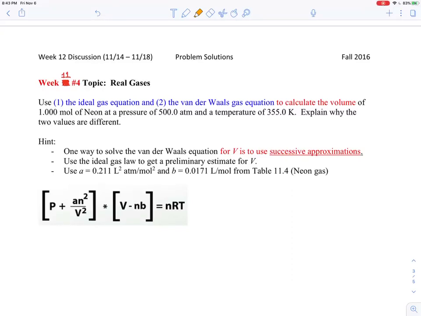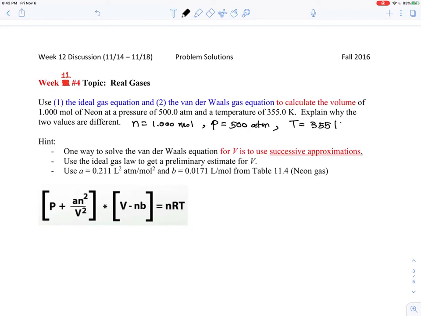Okay, so this is number 4 of the week 11 discussion about real gases versus ideal gases. They want us to use a real gas equation, the van der Waals gas equation, to calculate the volume of neon gas. N here is 1.000 mole, so 1 mole. And the pressure here is 500 atmospheres, atm, and the temperature is